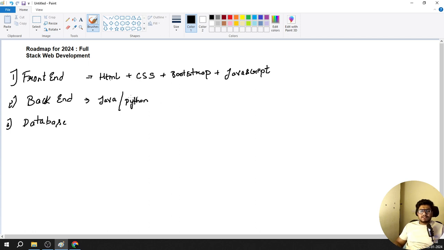Once you start with Java or Python, learn it end to end: the basics, variables, data types, loops, conditional statements, object-oriented programming, and the collections in Java. All those things you have to learn with this specific one. Once we complete any one programming language, say starting with Python,